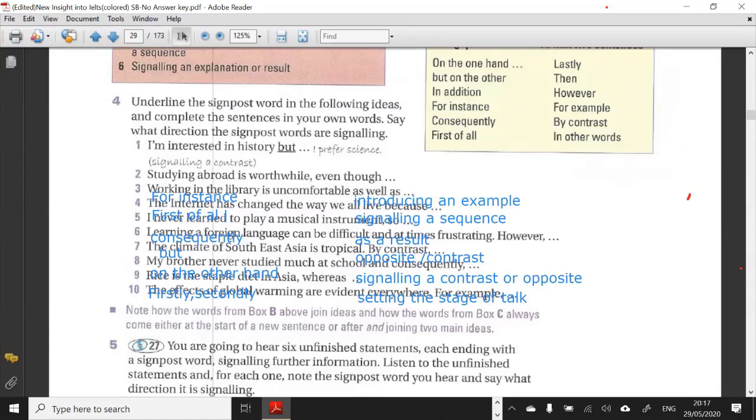He does not attend the class. In other words, he is not interested. Okay, he does not attend the class. In other words, he is not interested. So it means you say the same thing but in a different way. In other words, saying the same thing but slightly differently. Okay, sir, in other words.